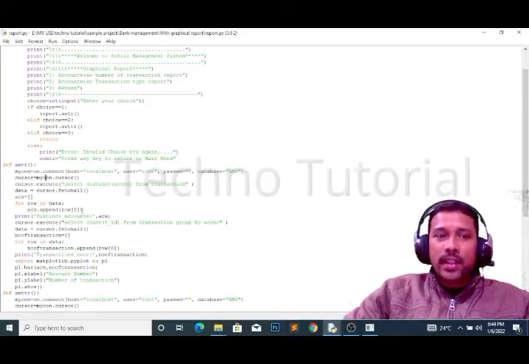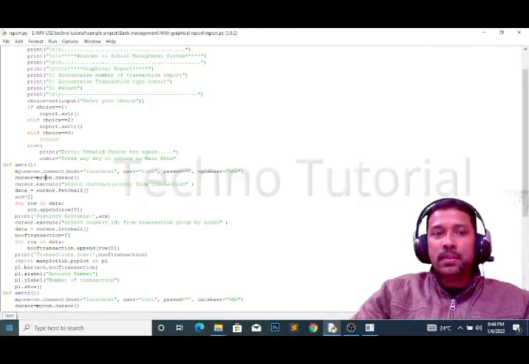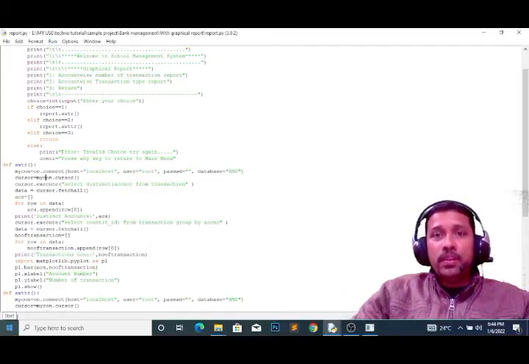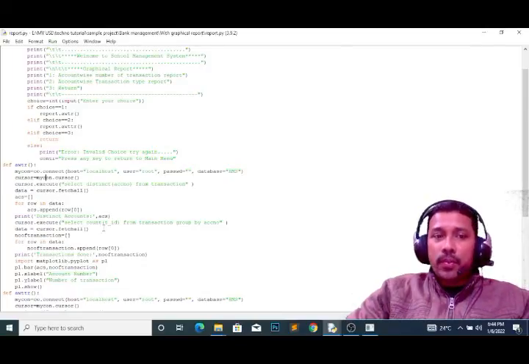So all data we are retrieving from the database, already you know how to retrieve. We select distinct account numbers because in the transaction table the same account number will be stored repeatedly. Why? He may deposit, withdraw, do multiple numbers of transactions. So that is why we retrieve only the distinct account numbers from the database, and his transaction reports, how many transactions he has done.